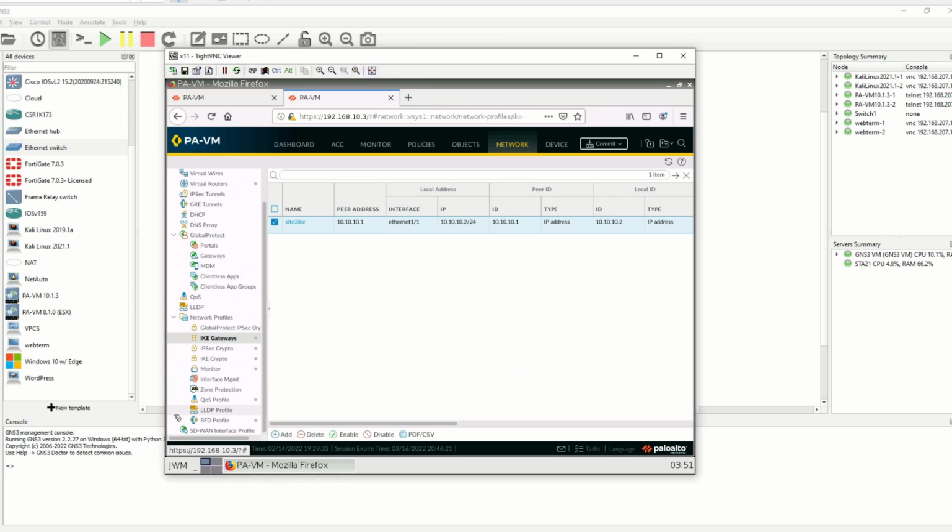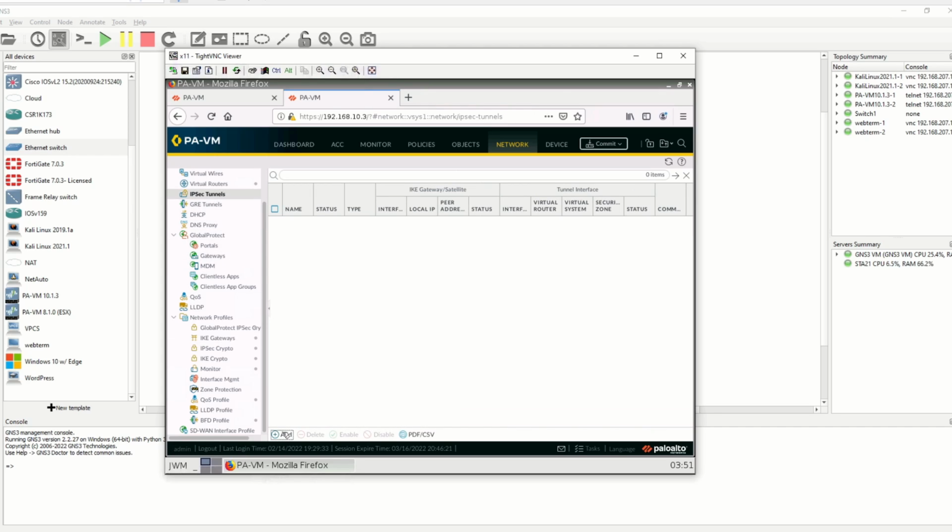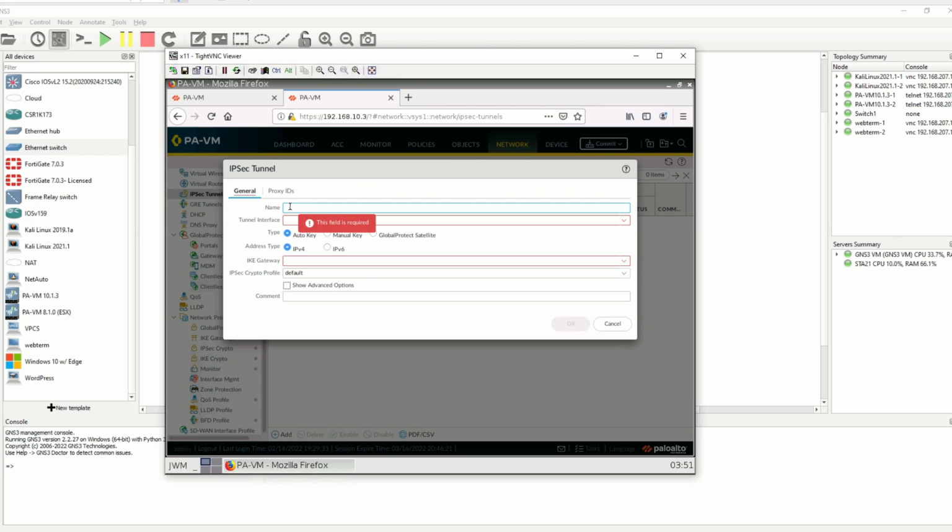Okay, then next step, we're gonna create the IPsec tunnel. Click add, set 1 tunnel, or set 2 tunnel. Okay, and tunnel interface is tunnel 1, IKE gateway, give it the IKE gateway. Click OK,